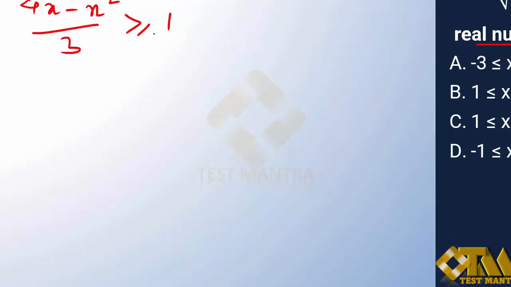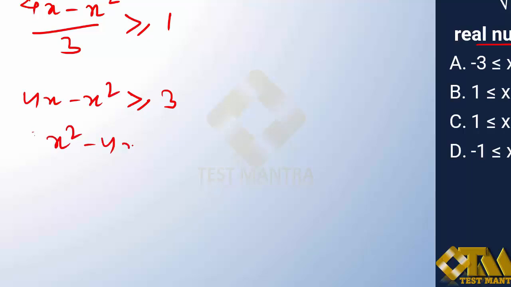Right, my size is supposed to be 1 or else greater than that, because presently the hour is 0, or else it should be more than that. That's a condition given. So here if we work on this, 4x minus x square should be greater than or equal to 3. If we further represent this one, I can say x square minus 4x plus 3 should be lesser than or equal to 0,